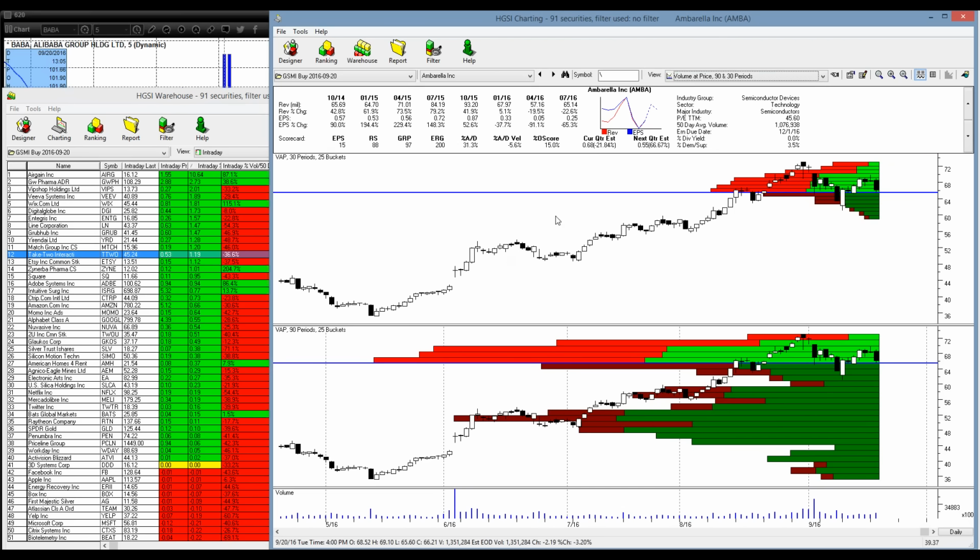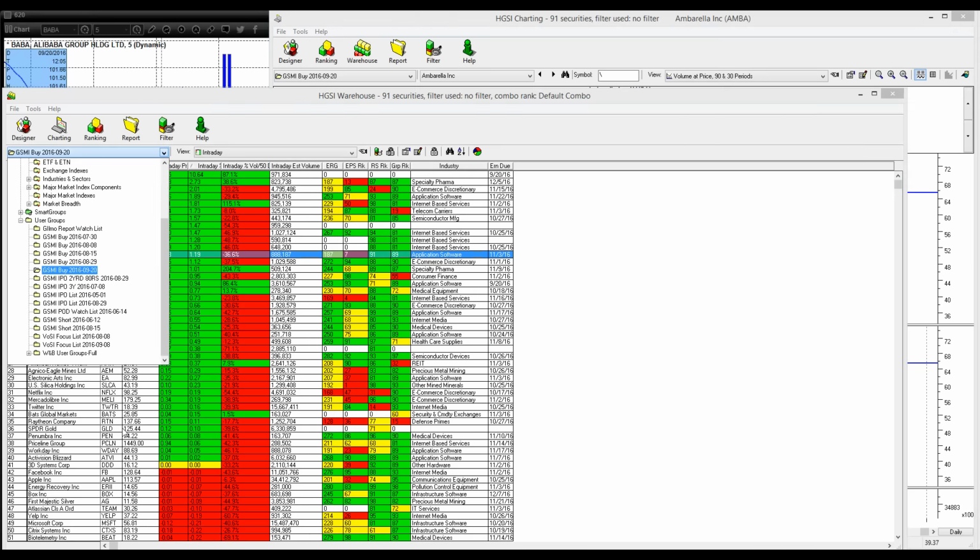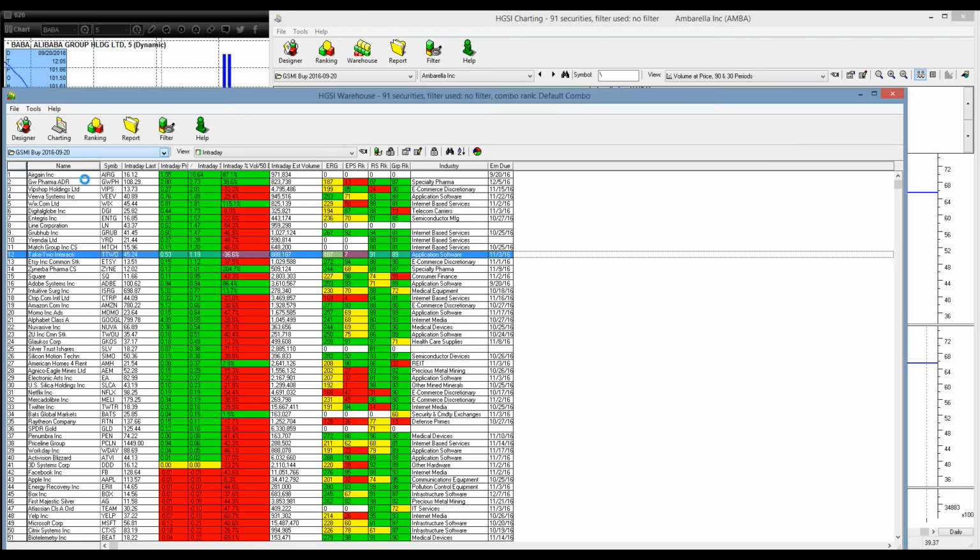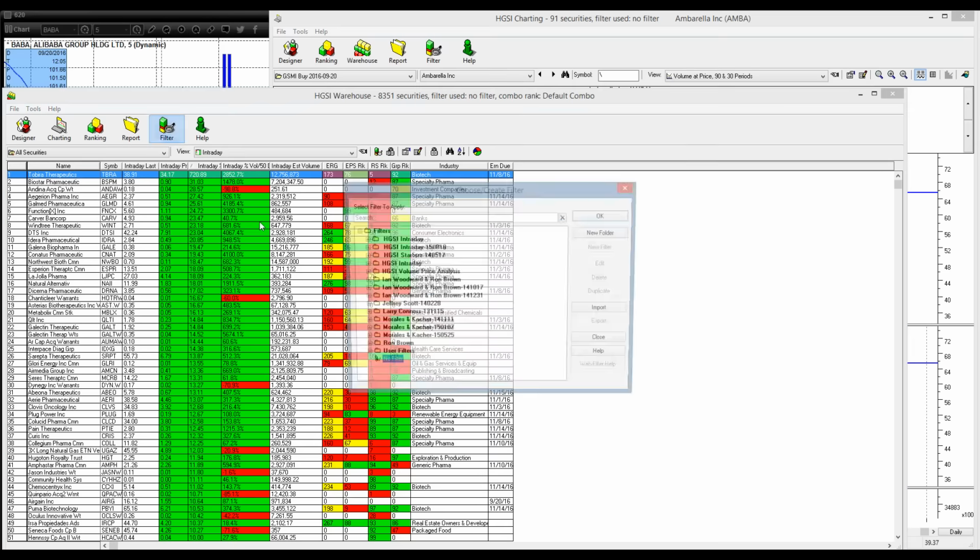And essentially my process centers around looking at as many charts as I can. I don't have any magic screen, so I'm sorry to disappoint you if you were hoping to find out about one, but there is no magic screen. There are pools of stock that I like, different types of stocks that I like to look at. So for example, a very simple list to use, we'll go to the warehouse here. This is one of my buy lists. I have a whole bunch of them. But for example, let's look at all securities, and then just a filter